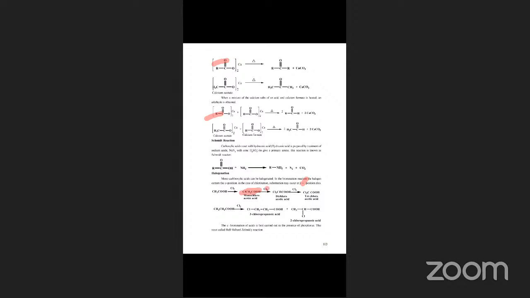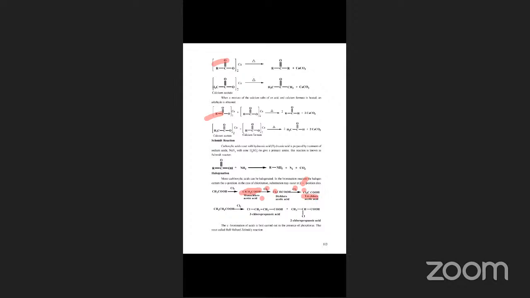Again reaction with Cl2 in presence of red phosphorus, write red phosphorus there. Then another hydrogen is replaced by another chlorine. So how many chlorines are present in acetic acid? Two means dichloroacetic acid. Again halogenation, three hydrogens are replaced by three chlorines. If there is any hydrogen left for replacement, no hydrogen, so that way trichloroacetic